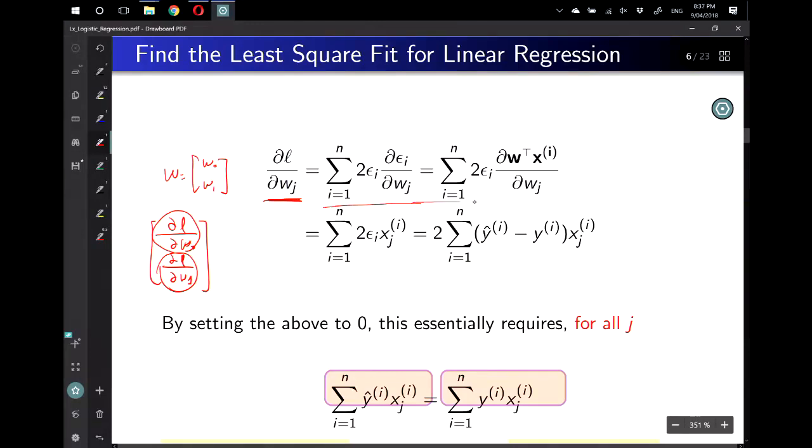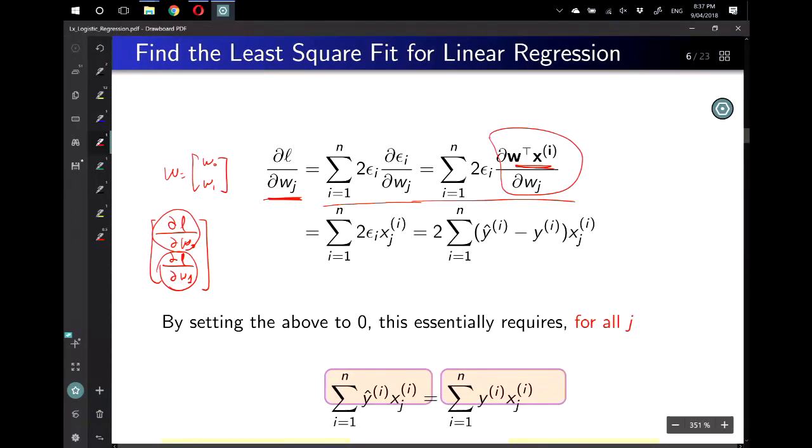So everything here is the normal calculus. The only thing here which involves some kind of vector format is this one. So for this one, the simplest way is to expand into the components. This is nothing but an inner product. So W transpose X is essentially the inner product between W and the Xi. So if you expand it, it will become,